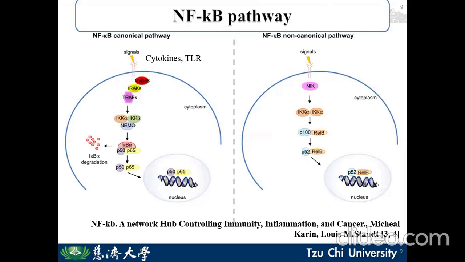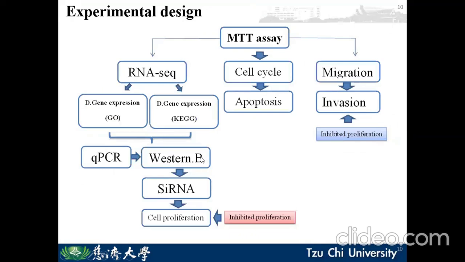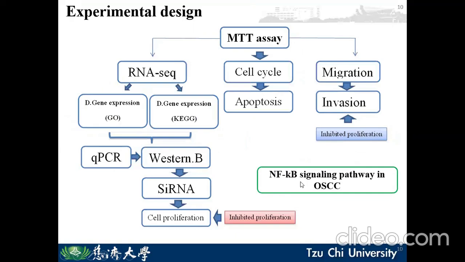We only focus on the canonical pathway, where signals interact with cytokine-like receptors and directly interact with IKK alpha and beta, which act on IκB alpha. IκB alpha is already in the cytoplasm with the P50 and P65 subunits. When IκB alpha is degraded, P50 and P65 are released to the nucleus and interact with our target genes. The experimental design is shown according to this, and finally we check the NF-kappa B signaling pathway in